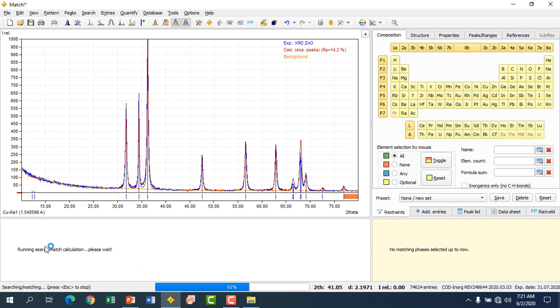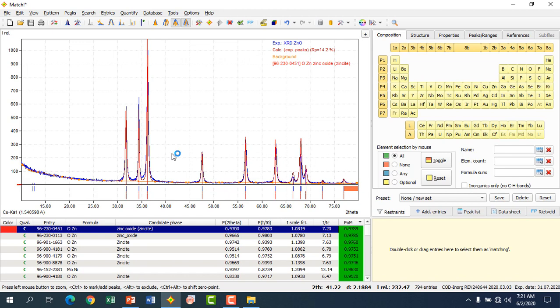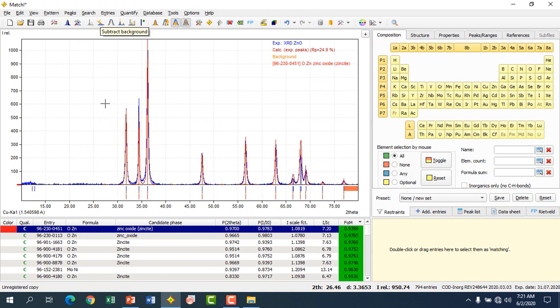It is loaded and the phase matching is running. Once you select and give the input parameters, the software automatically runs the phase matching and gives a list of JCPDS files which are matched with our recorded data. Before going to that, you have to correct the background. Here the background is quite different, so you have to correct it. This is the subtract background icon. Just click it and it automatically subtracts the background. See, this is the background subtraction.